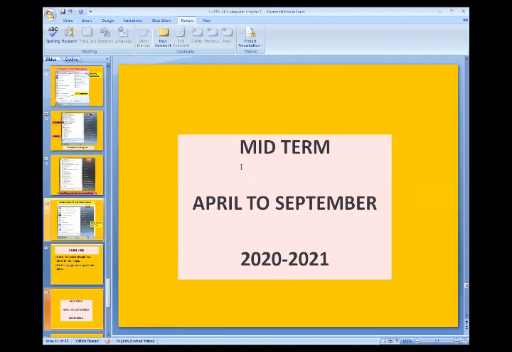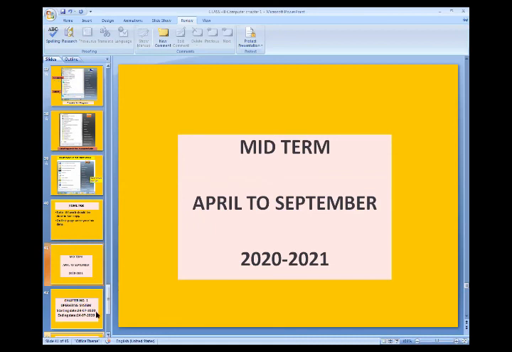On the next page, you will draw a title page of midterm, April to September 2020 to 2021. You can take a screenshot of this slide and make a title page in your computer copies.